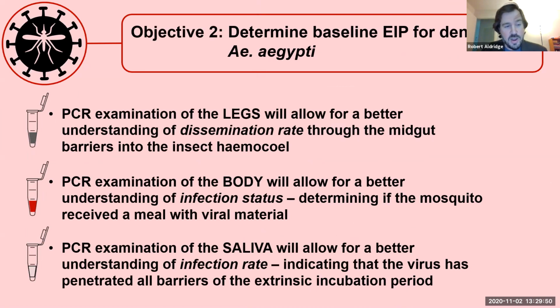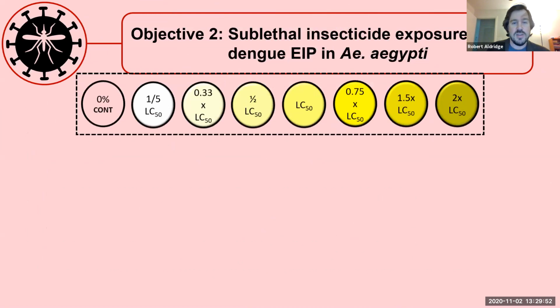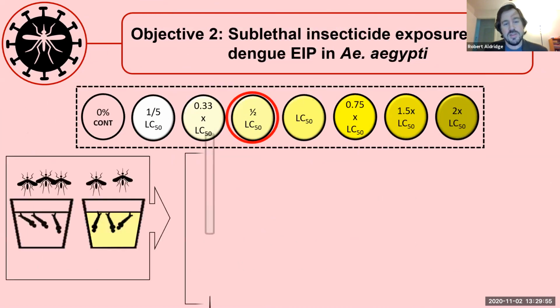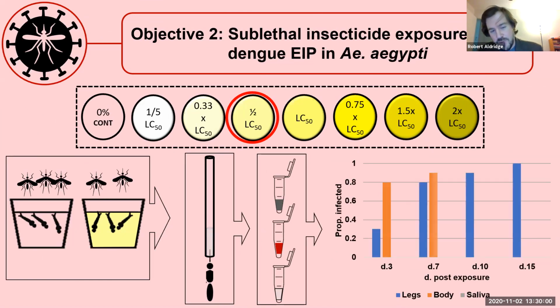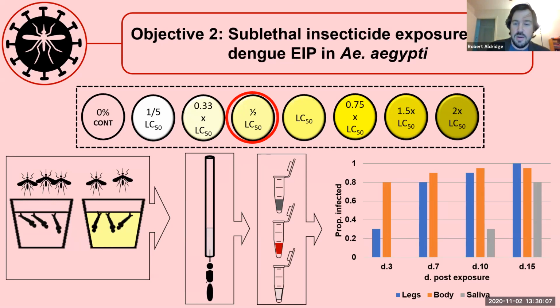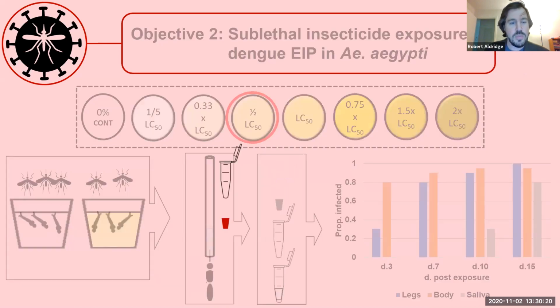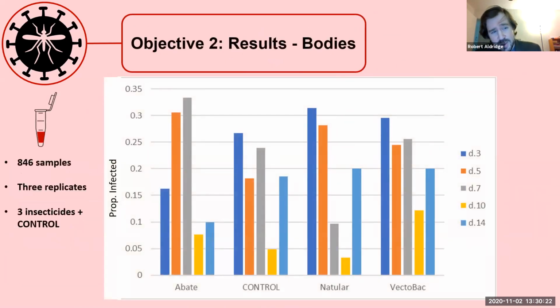So far, I've been able to run some of these studies, but this is where that information becomes critical. We take the LC50, expose the mosquitoes to that, analyze it, and then we run through how much impact these different exposures might have on the ideal extrinsic incubation period of these mosquitoes. So we do have some results before COVID locked everything down.